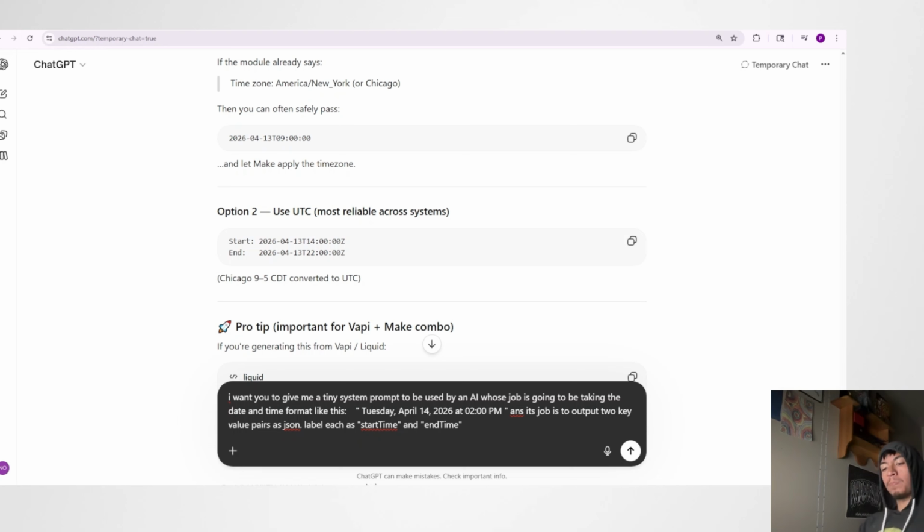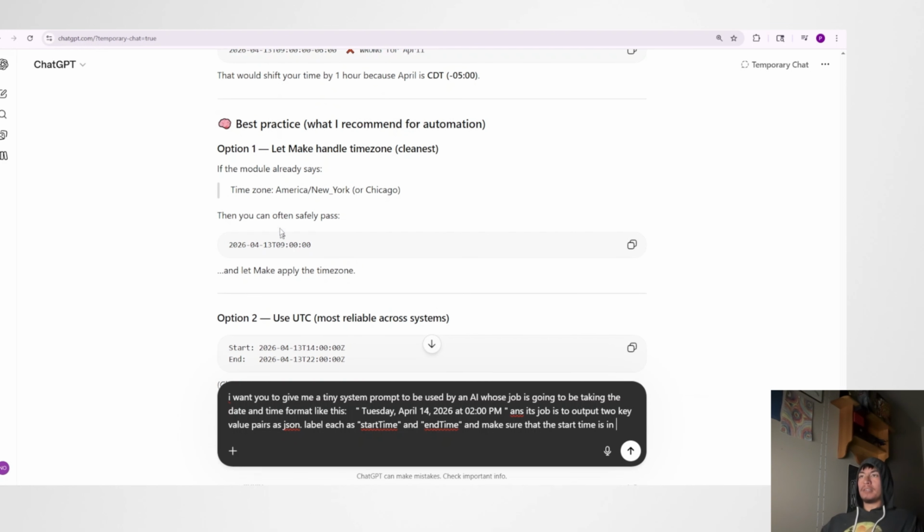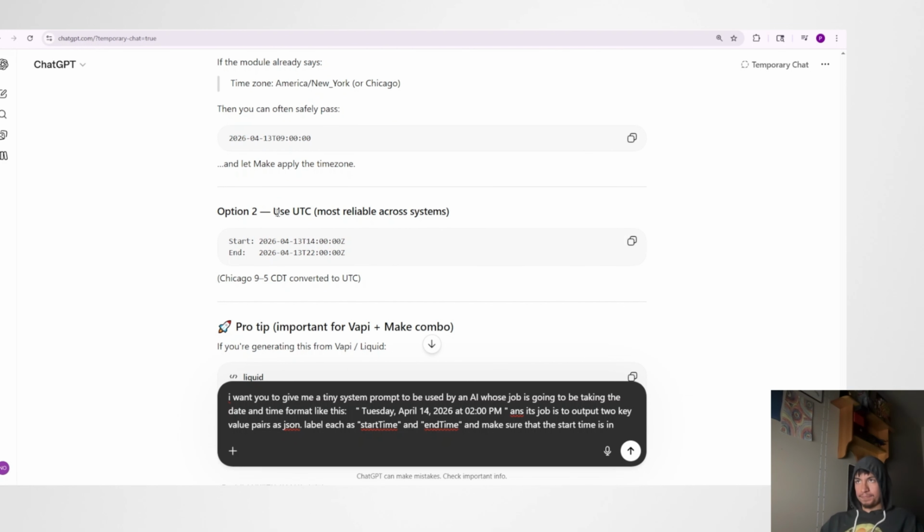time. And you can see I'm using the camel case naming, okay? Get used to using the camel case naming when you're naming individual variables. This is very common, and it's helpful with organization, okay? You don't want to be messy when you're labeling all your variables. So I'm saying, okay, label each as start time and end time, and make sure that the start time is in UTC with the Z,